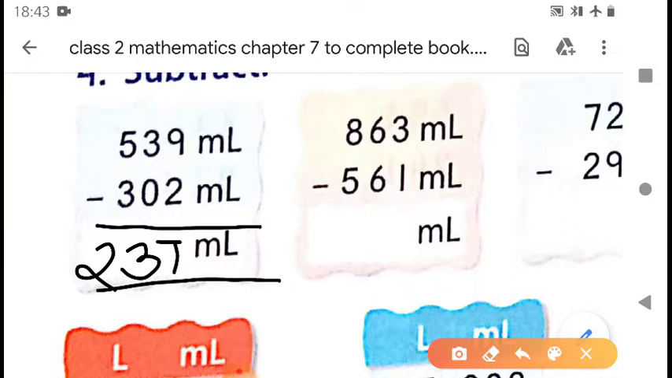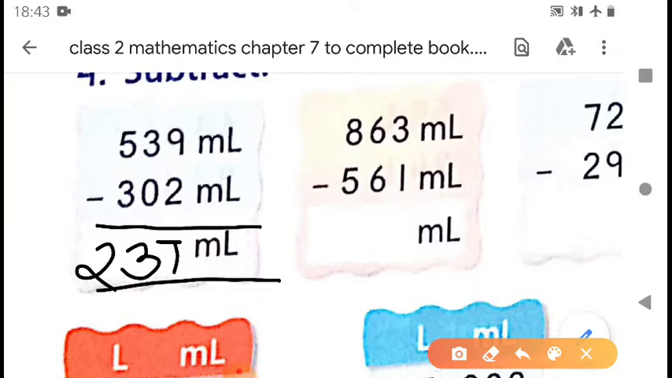In the subtraction chapter, we have done checking of subtraction by addition and checking of subtraction by subtraction. Checking of subtraction by addition is simpler. That is, when we subtract one number from another, जब हम एक नंबर से दूसरा नंबर माइनस करते हैं तो हमें आंसर जो मिलता है उस आंसर को अगर हम स्मॉलर नंबर से ऐड करेंगे तो वी विल गेट द बिगर नंबर. जैसे यहाँ पे 539 ml में से हमने 302 ml को माइनस किया and we get 237 ml